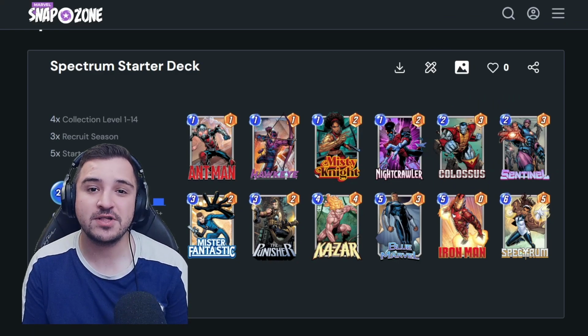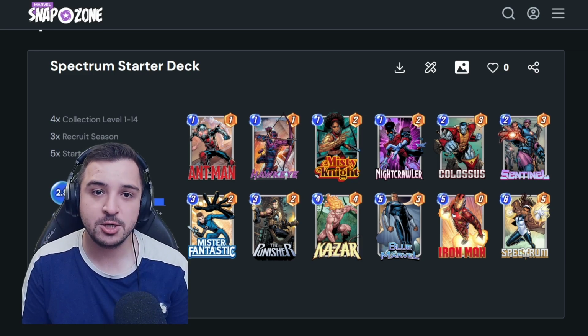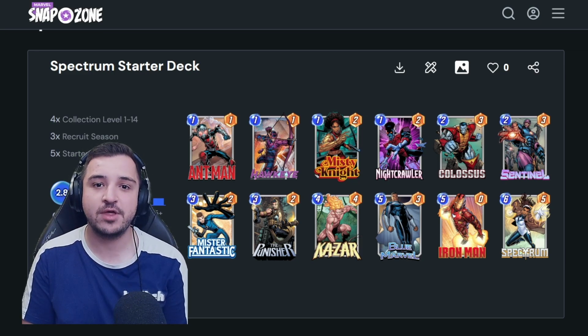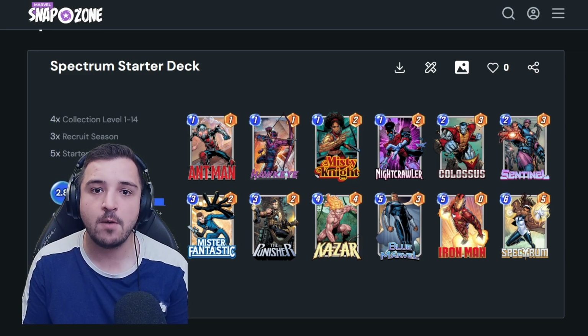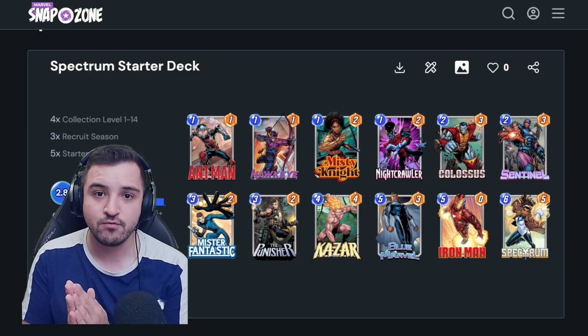Spectrum is one of the first 6 energy cards you unlock in Marvel Snap. There's even a Battle Pass challenge which requires you to win 2 games with her in your starting deck. I've built an optimized version of this Spectrum deck using cards which you will have access to really early on